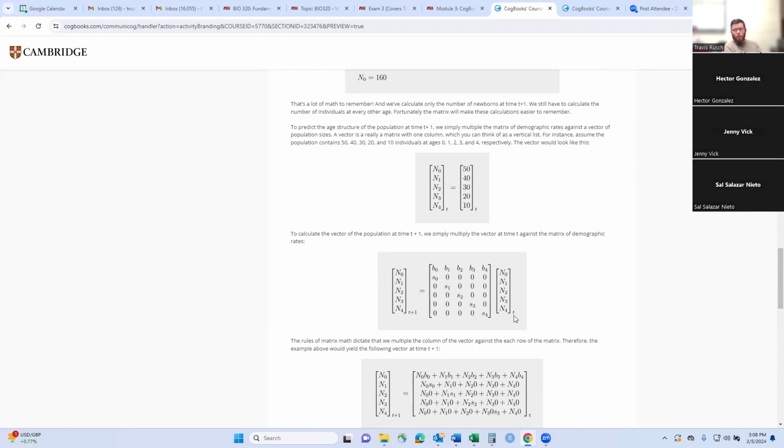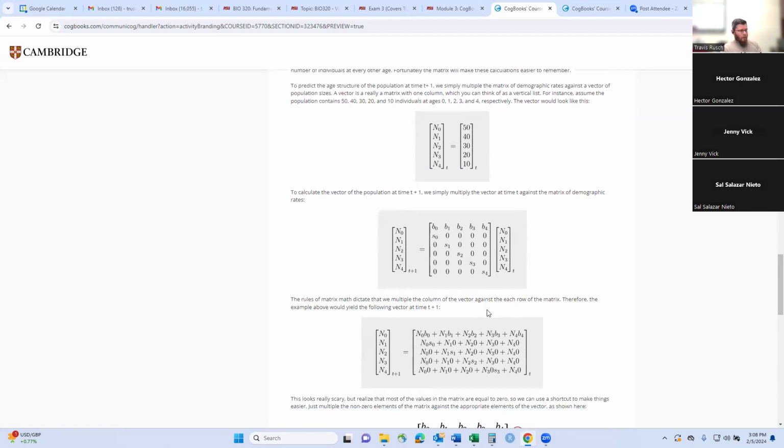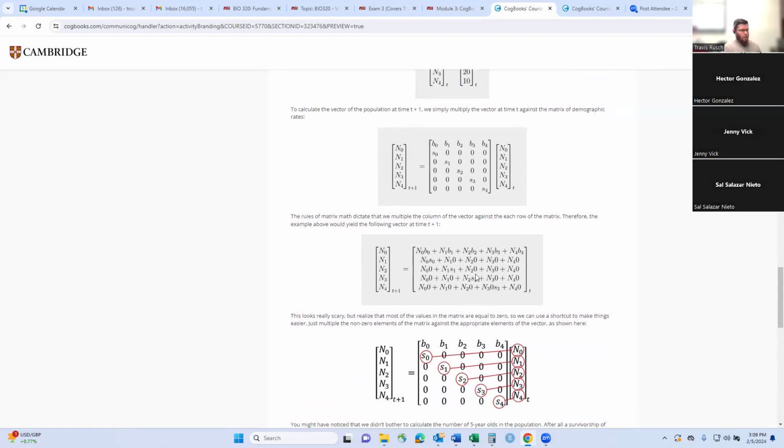And we have our current values for time t. So that's just the current time, what the population is right now. And we know what the current newborns are, 1, 2, 3, and 4-year-olds. We know what the fecundity values are, and we know what the survival rates are. So what we can do is we can do a lot of math, as you can see. We're going to take this value, so n of 0 is going to be multiplied by this value, so b of 0, and that's what this is right here, n of 0, b of 0, n of 1, b of 1, n of 2, b of 3, n of,